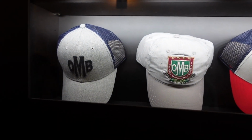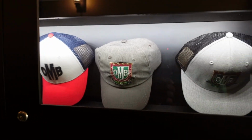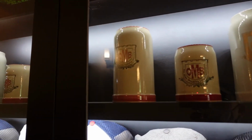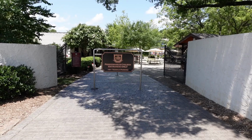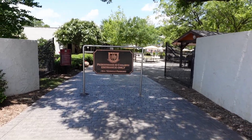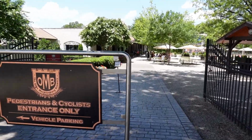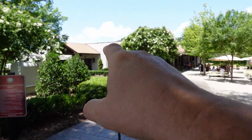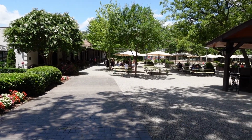And if you're into ball caps, they have a nice selection of different ball caps from the brewery. I might need to pick one of those up. And again, you get different steins here to choose from, different sizes. We pretty much entered from the backside parking lot of Olde Mecklenburg Brewery. So you would enter here from the other side. So really the main entrance here, and then you also got one of the side entrances here into the Stein Hall. Then you would enter here into the